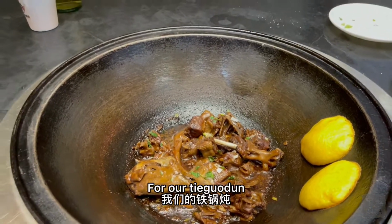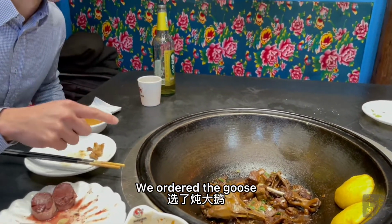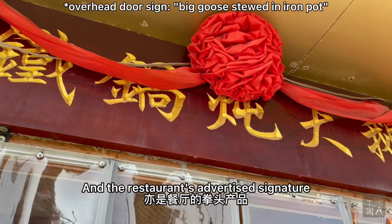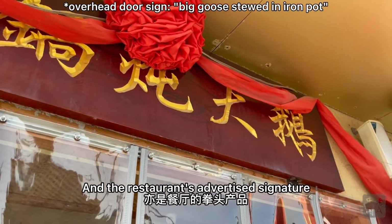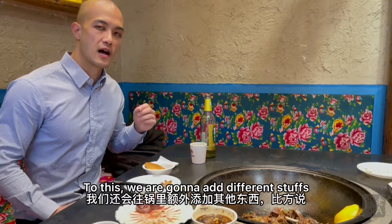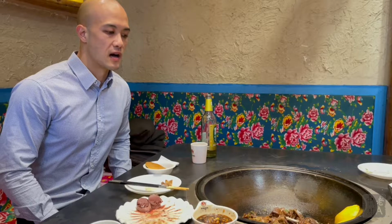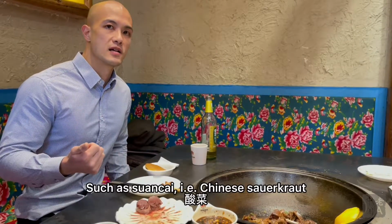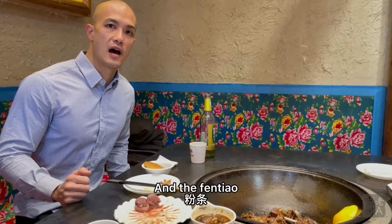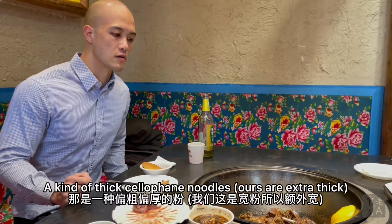So for our tieguodun, we ordered the goose, a classic choice and the restaurant's advertised signature. To this, we are going to add different stuff such as suancai, Chinese sauerkraut, and the fentiao, kind of thick cellophane noodles. Now for the